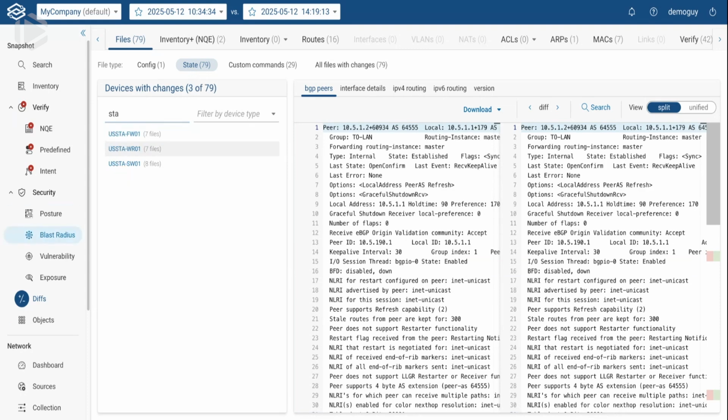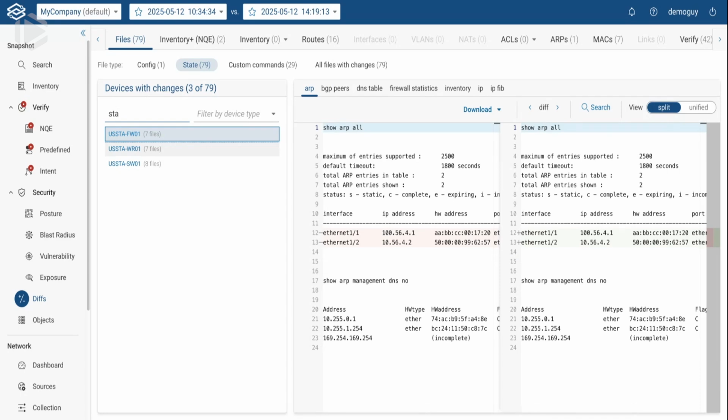Oh, okay. So I can do a diff on state. There are so many tools that give you a diff on config, because that's low hanging fruit. That's easy. Oh, look, there are 2 text files, and you highlight the differences. No big deal. But a change on state is the thing I would have been logging into all the devices and computing in my own head. Why don't I see this route here? Or why do I see this route here instead? Okay, but you're going to show me that here.